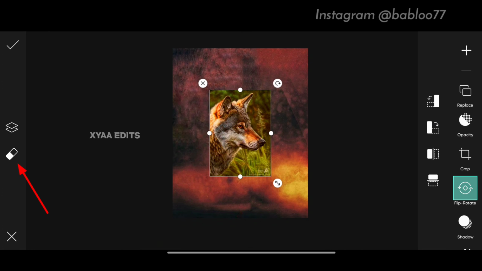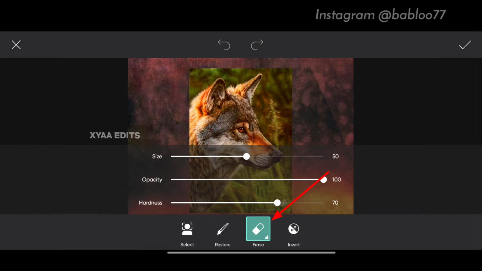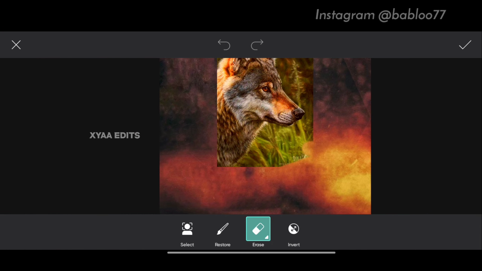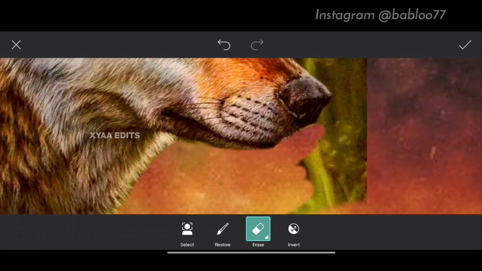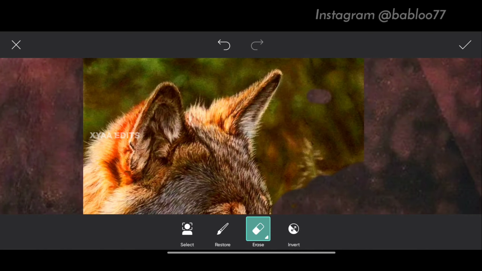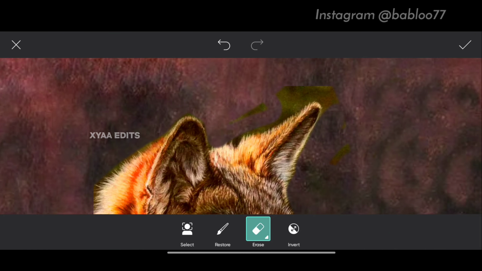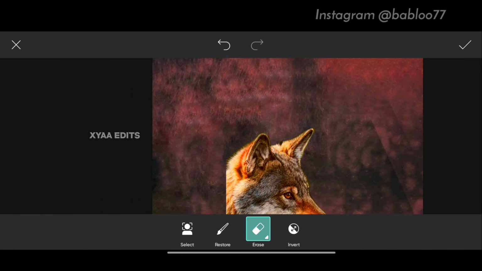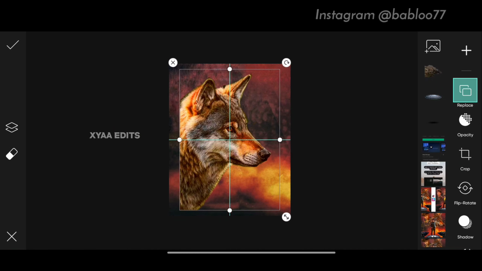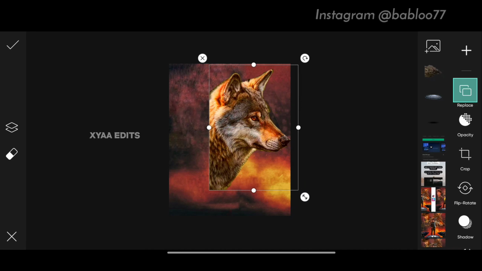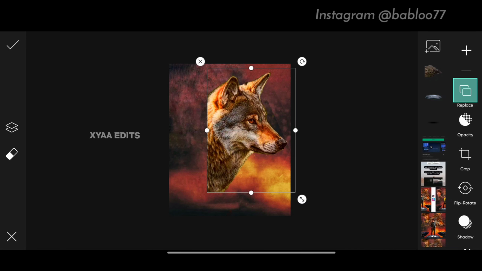Now tap on eraser, tap on erase, increase the hardness to 90, and you have to erase. It is perfect. Now tap on tick. Next step, stretch it out and you can arrange it in this portion here.